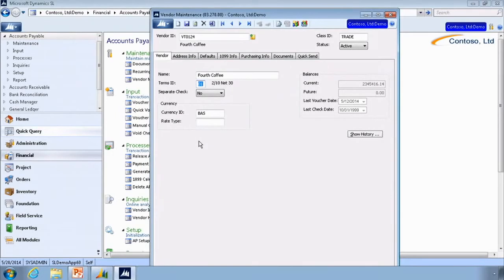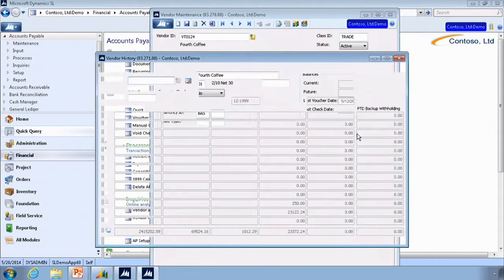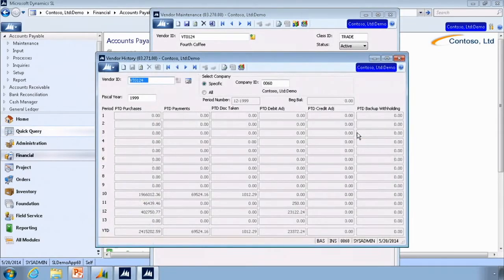After that, this particular database we're logged into has one currency, which is base currency, but if we had the ability and needed to do something different, we have that information here as well. On the right-hand side, we have our balances, which is going to show our current balance and future balance, as well as the last time we had a voucher against this vendor, as well as the last time we cut a check. We also have a Show History button,